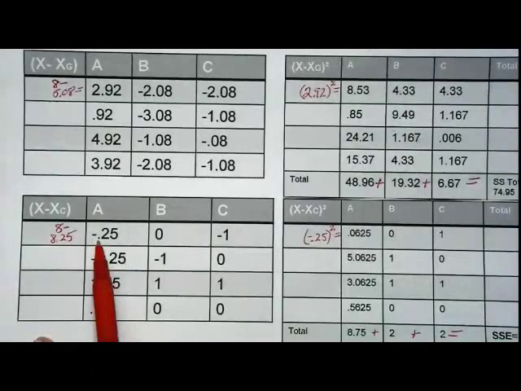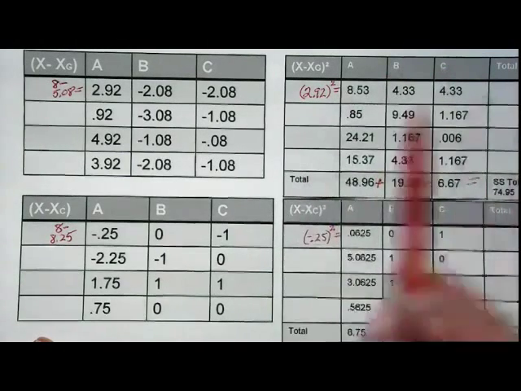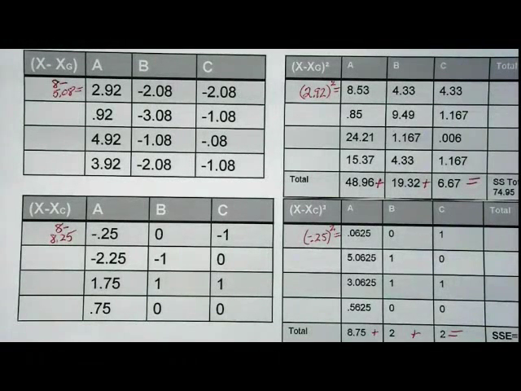So we squared negative 0.25 and got a positive 0.0625. We squared negative 2.25 and we got 5.0625. Square 0, get a 0. Square negative 1, we get a positive 1. So these are just the squared values. I'll give you a chance to pause and look at all your data points. Okay, so